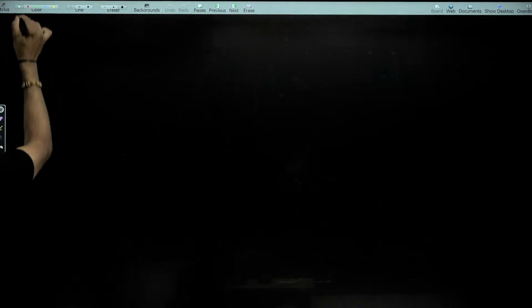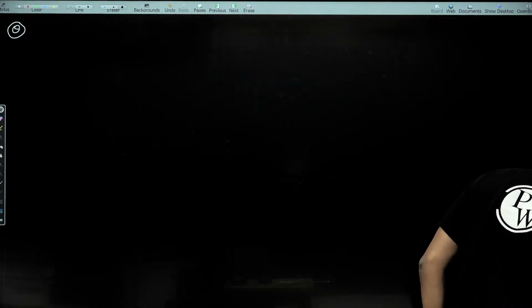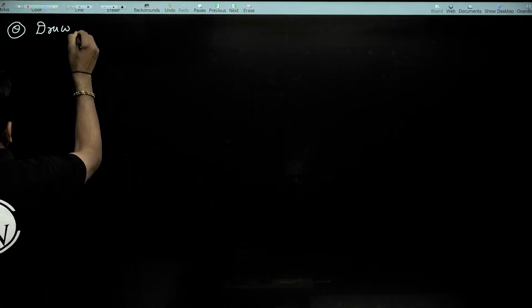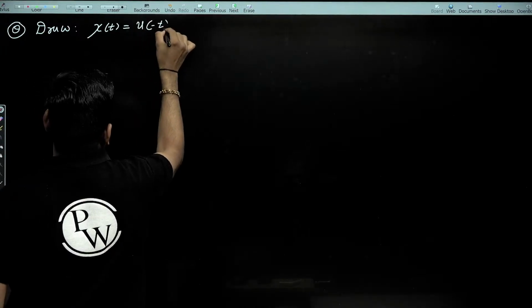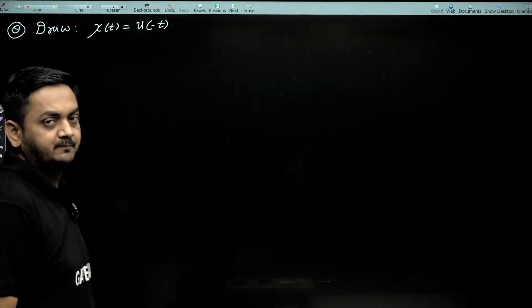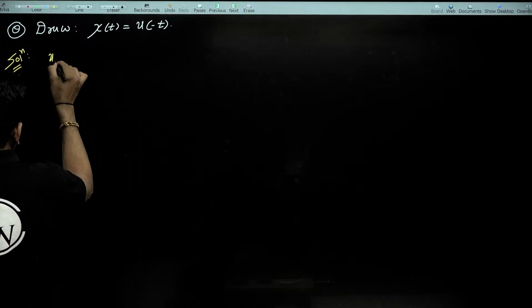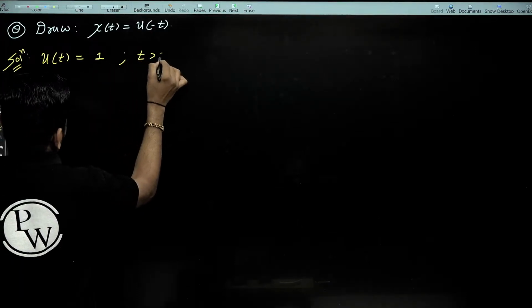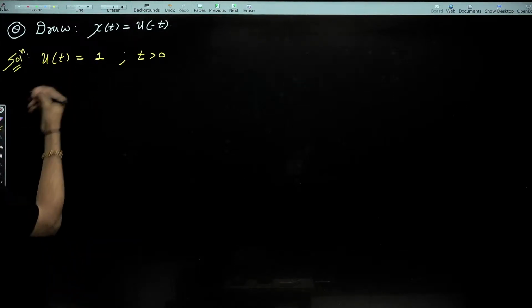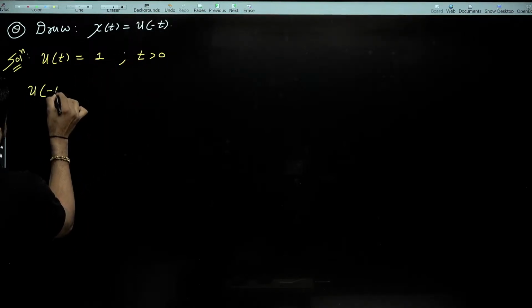Now suppose I am asking to draw... Any doubt in the previous basic function? So what is next? Now suppose I am asking to draw x of t is equal to u of minus t, guys. Now t becomes minus t. So how to draw this? We know that u of t is equal to 1 for t greater than 0. Now if you replace on the left hand side t with minus t,